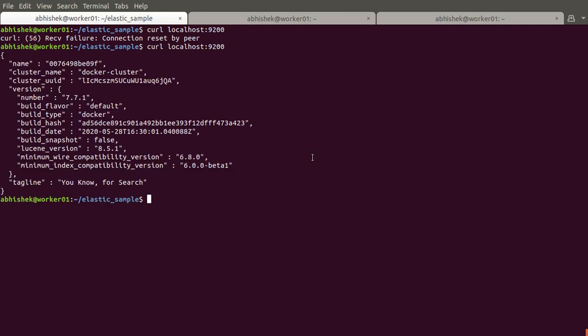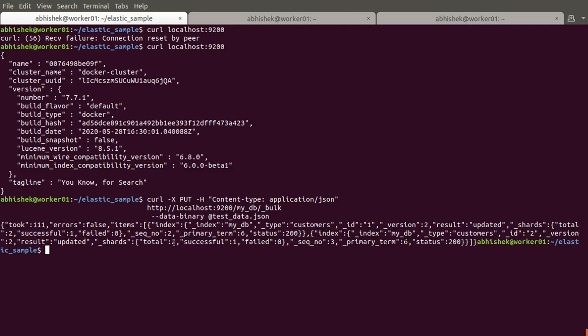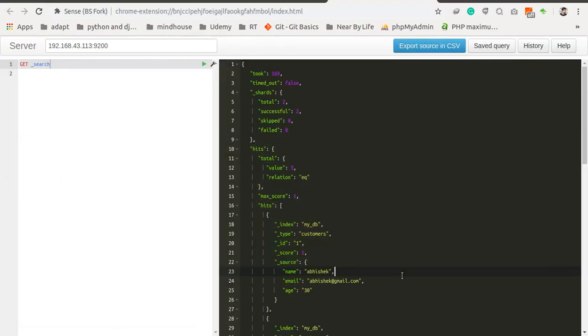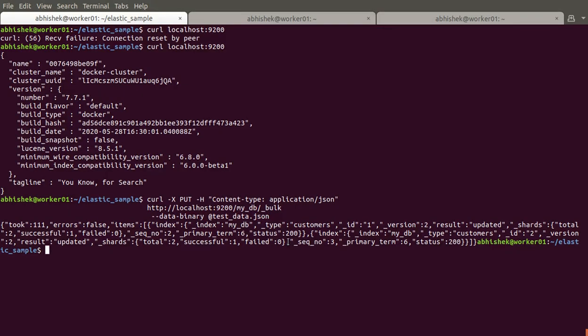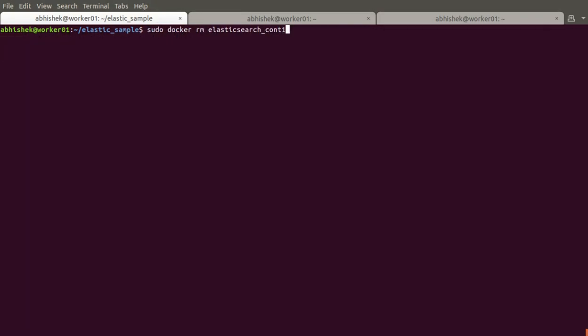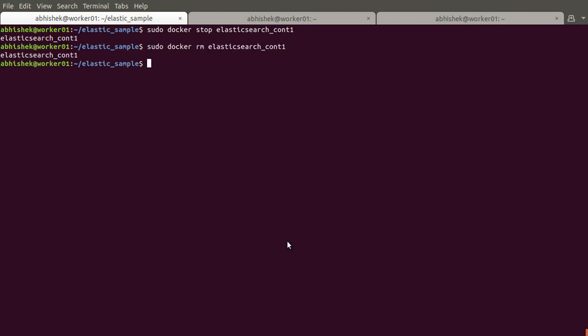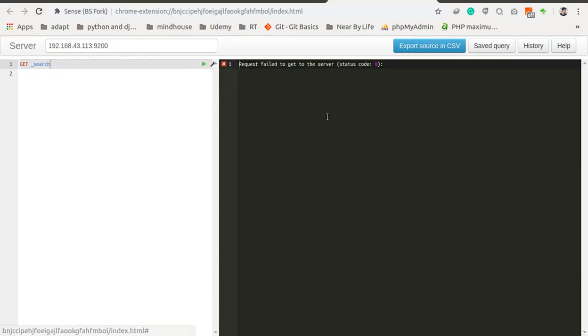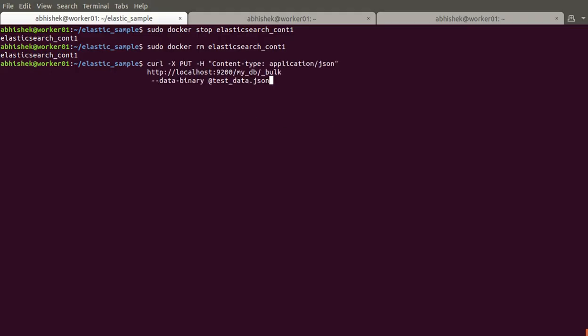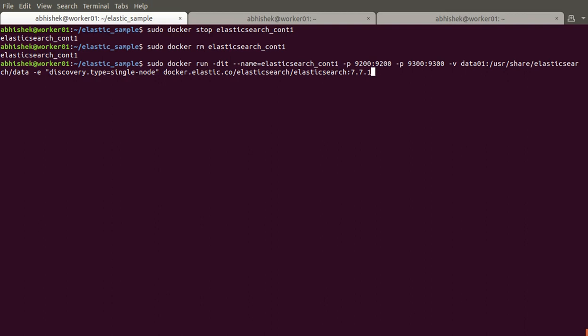Okay, so the cluster is created. I insert the sample data. Data is here also. So now if our container goes off, it's off. And now if I launch a new container, then the data should be there.